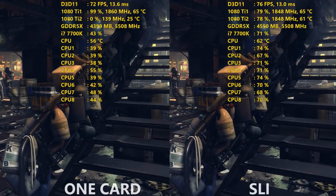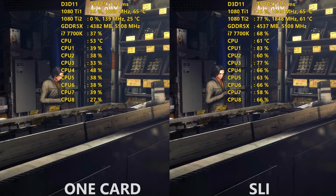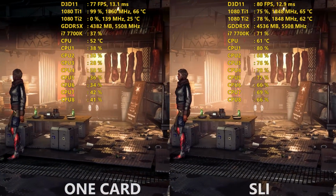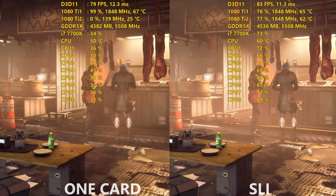So which totally went against what I expected. I thought at 4K, where we're more GPU bound, we would see very good scaling on both of the 1080 Ti's, but that just wasn't the case. So all in all, my takeaway from this at the end of the day is that absolutely, to answer the